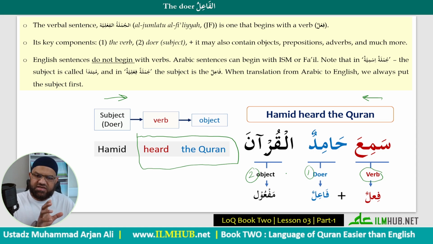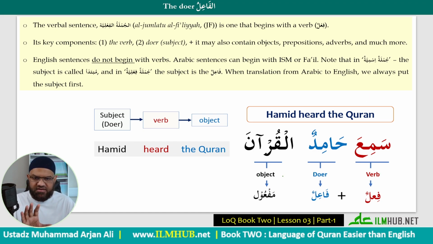Now, even though the sentence began with a verb in Arabic, when I translate into English, I will always translate the doer first, the subject first. And it is for this reason, even though some books will call the fa'il the subject, I will not call it that, because that is where the confusion comes. So with verbal sentence, we will say fa'il, that is the classical Arabic way of doing it. With nominal sentence, we will call it mubtada, which is the subject. So if you can just get your head around that, inshallah ta'ala, you'll understand the difference between the two.